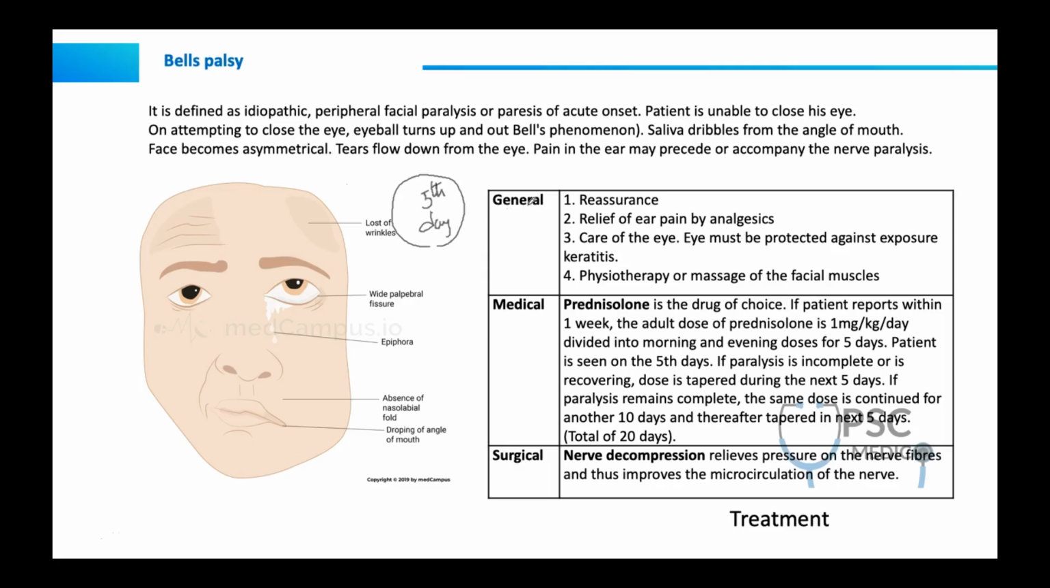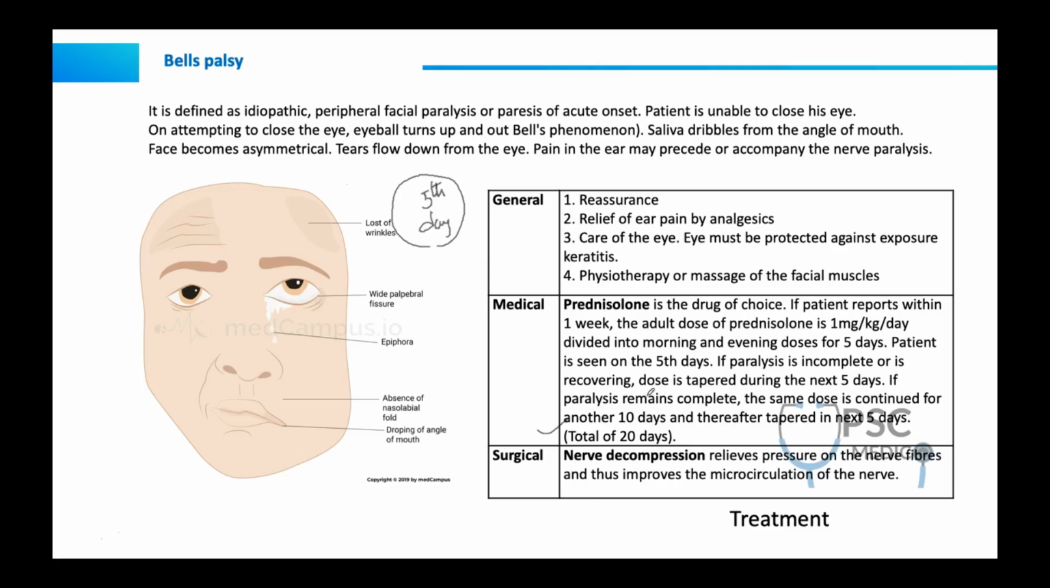But if the paralysis is complete, if there is no response, you have to continue the same dosage for another 10 days and then taper it over the next 5 days. Beyond that, if it is not responding, the prognosis is poor. But usually Bell's palsy cases, if there is no other cause, if it's an idiopathic one, respond well to